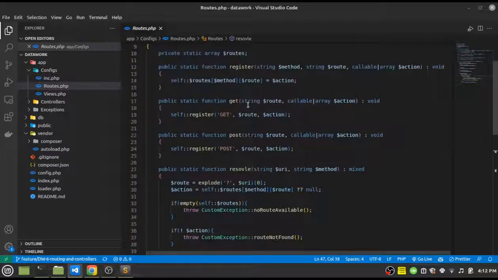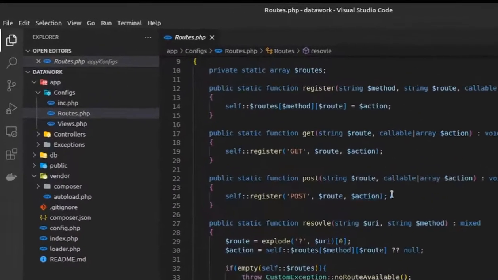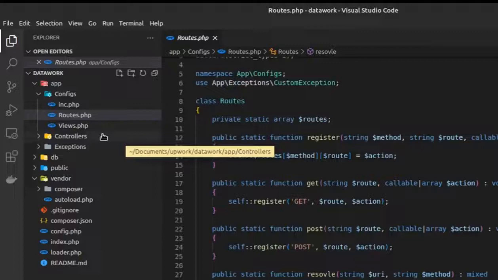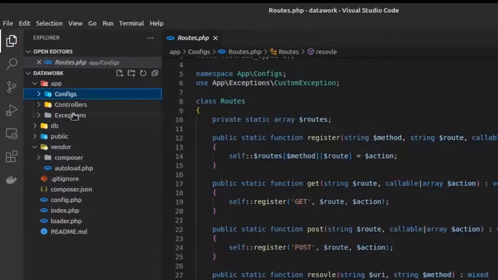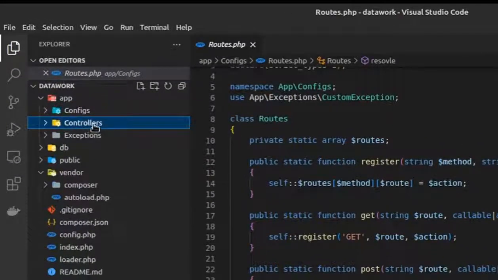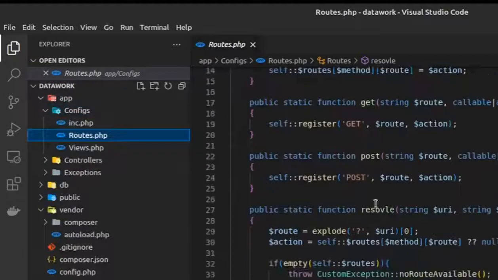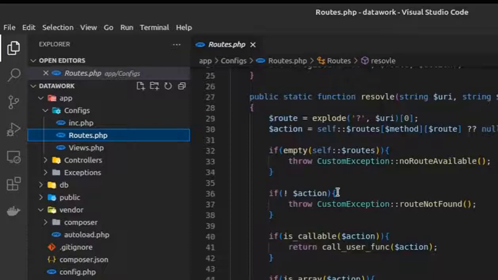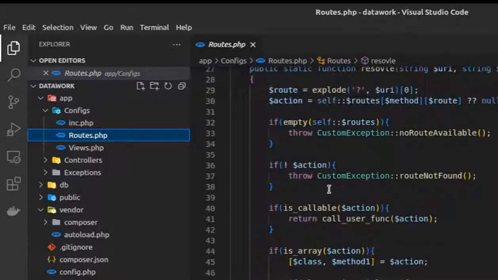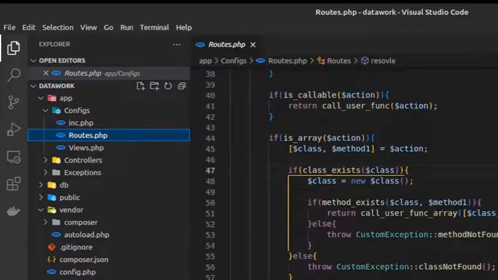Hello guys, in this video we are going to see how to integrate a dynamic routing system into this project. As you know, we have already integrated a routing system into this project in previous videos, so we're going to refactor that class to support dynamic routing, and we're going to see that. So before we start